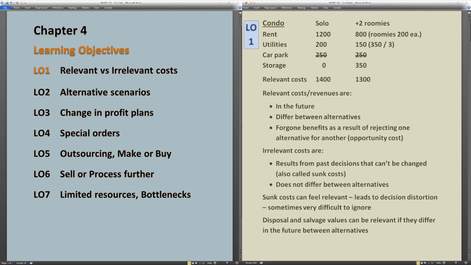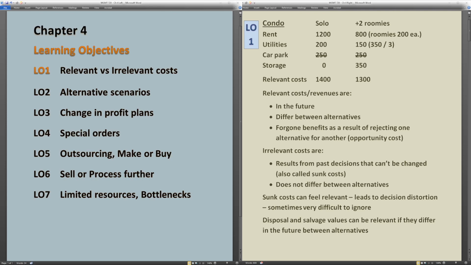In the last chapter, we learned how to use contribution margin to figure out what is the break-even point, or what are the amount of units or the sales volume necessary to make a certain level of profit. Well, we are extending that model, the contribution, fixed cost, variable cost model, into even more relevant, pun intended, types of decisions. So we're going to add a little bit more to the model, specifically relevant versus irrelevant cost,